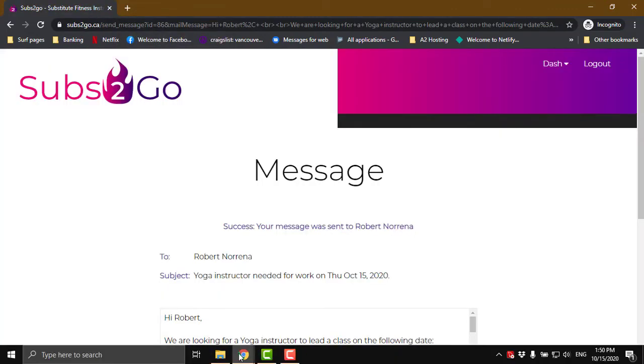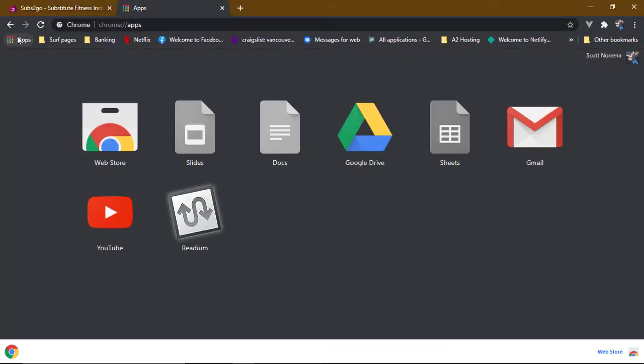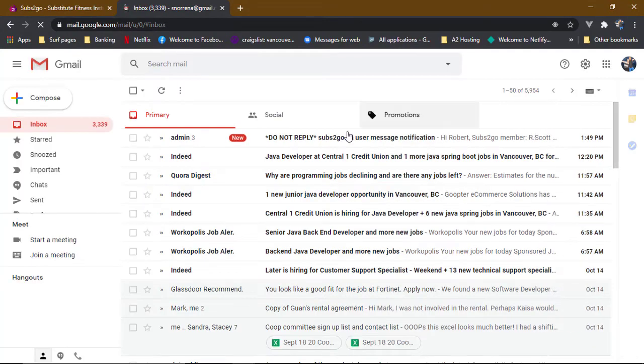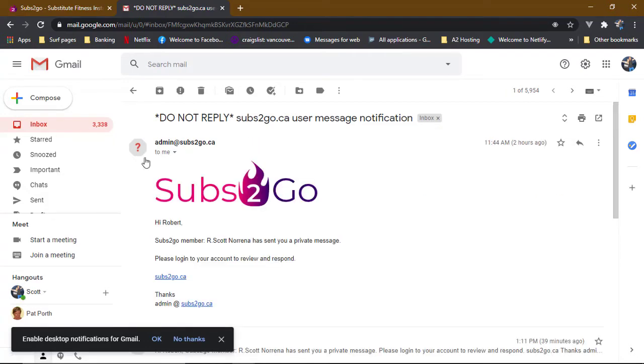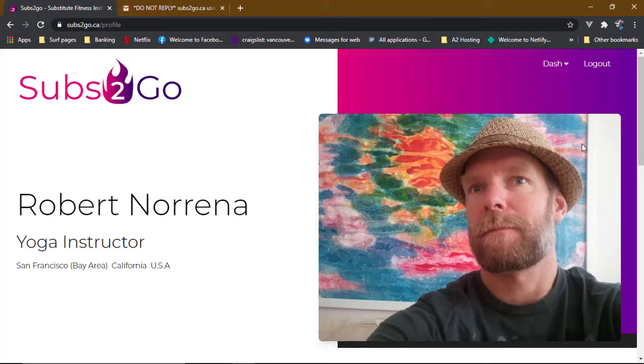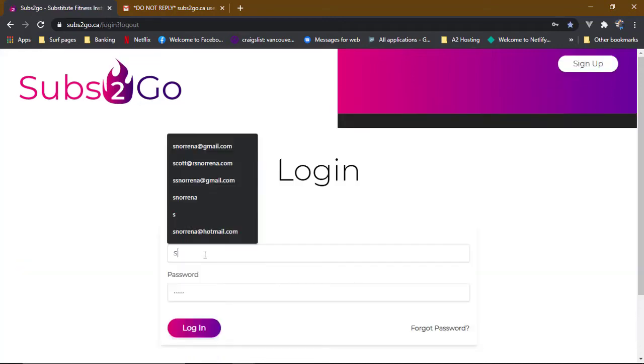So I'll show you that by going back here, and if I open up a new window and look at Gmail, you can see that I've got a message right here, and I've actually sent this to myself a couple times, but this is the most recent one, and it's basically just a message indicating that I have received a message in the system. So now if I go back to this account and log in again,